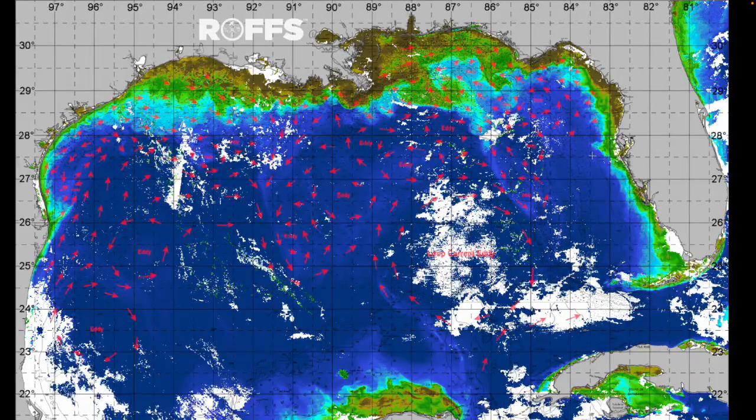Off of Tampa, you can see here there's an abundance of blue water extending all the way up over the steps towards the box and towards the Florida Middle Grounds. A couple of eddies up in here, a counterclockwise rotating eddy circulating the nicer, cleaner blue water up towards the area southeast of Cape San Blas. Two opposite rotating eddies here, one south of Vernon Basin, counterclockwise, one clockwise up towards the box. That's circulating this cleaner blue water all the way in up here to the east of Lloyd's Ridge over the ledges,